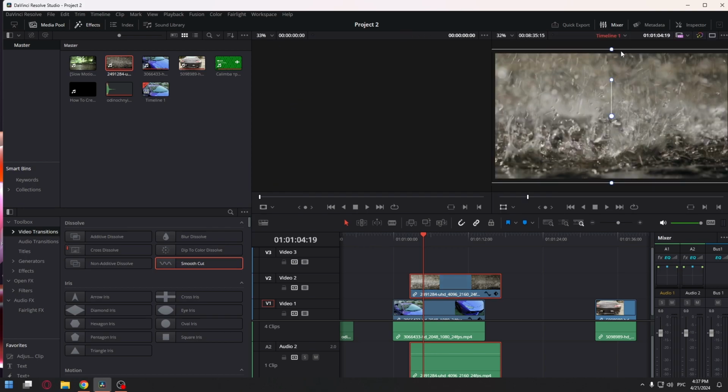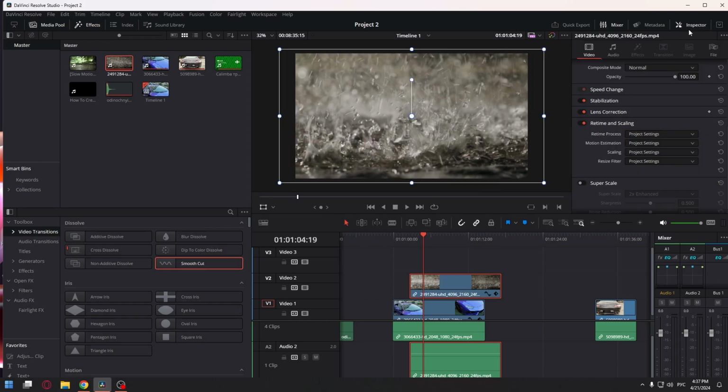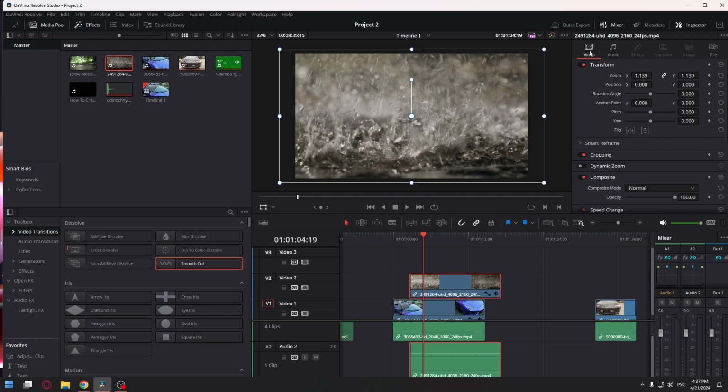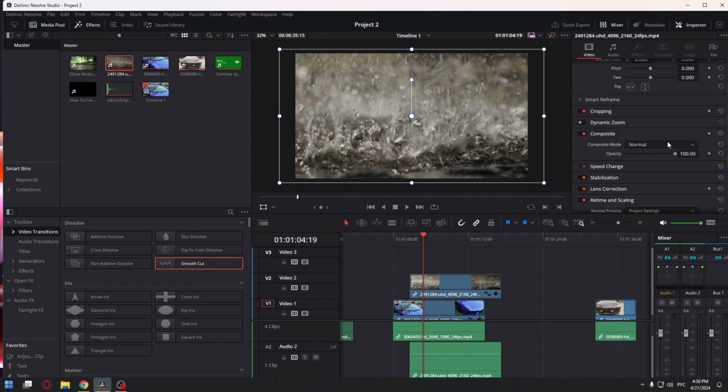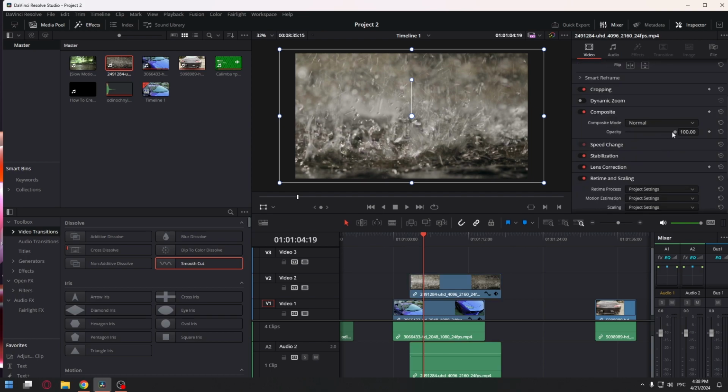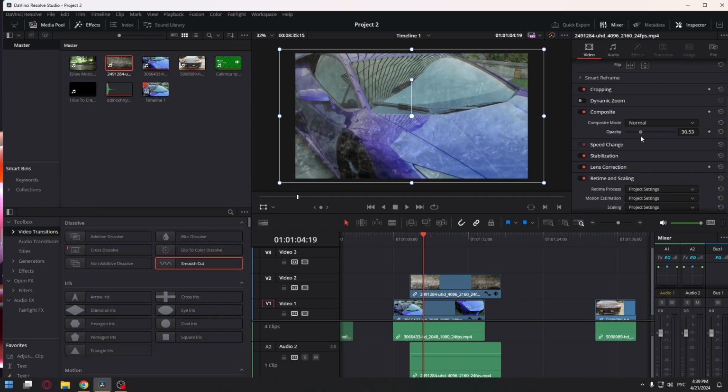Okay, after that, turn on the inspector at the upper right corner of the screen. Now go to video tab, scroll down a little bit, and now we need to change the opacity value. Just move the slider to the left. As you can see, our second clip has become less transparent, that's good, but now we need to change the